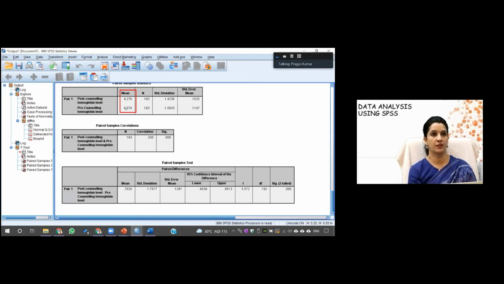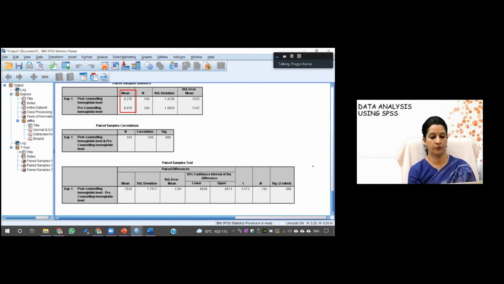So there was a difference of 0.702 with the lower and the higher confidence interval. And you can see the confidence interval with the same sign. That means this p-value is significant. This is the value of t which you should report with the 192 degrees of freedom and significance.